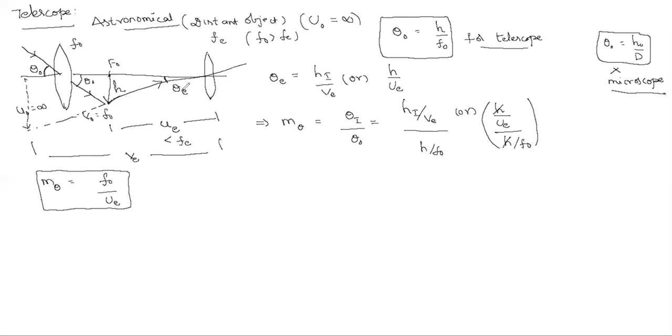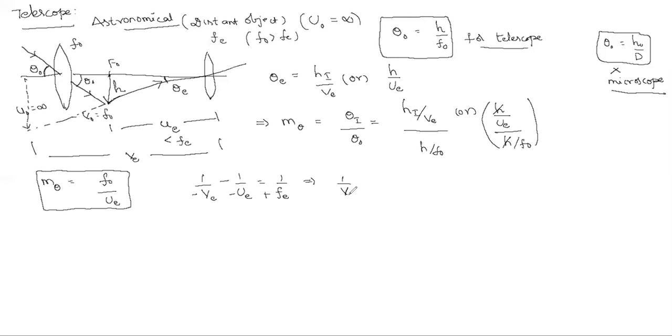For ue, why don't I use 1 by v minus 1 by u equals 1 by f for the eyepiece here. The object is taken on the left-hand side, so minus. The image is also formed on the left-hand side, so minus. Convex lens, focal length positive. I can write here, this implies 1 by ue equals 1 by fe plus 1 by ve.